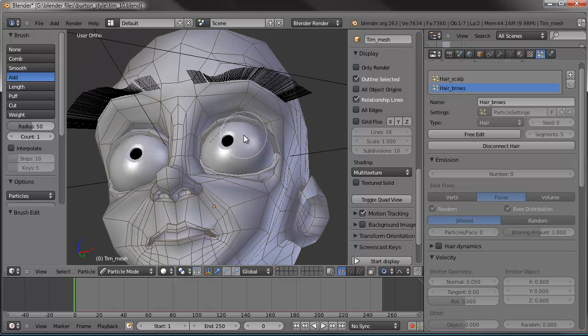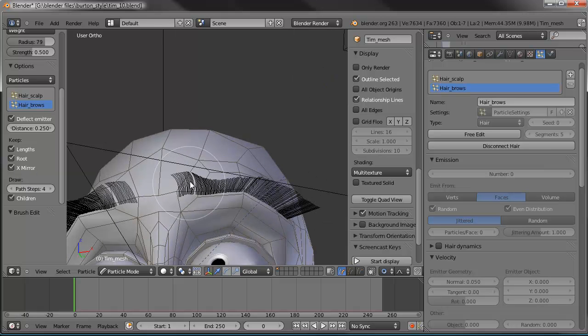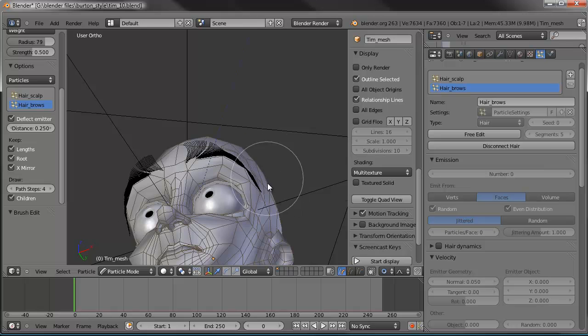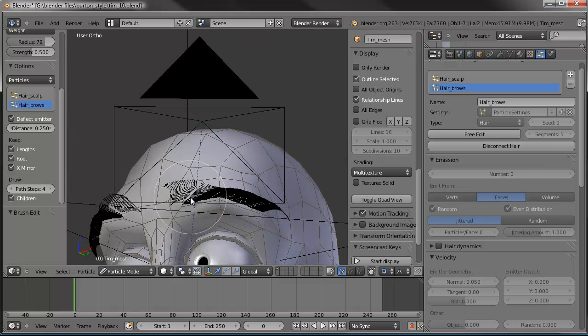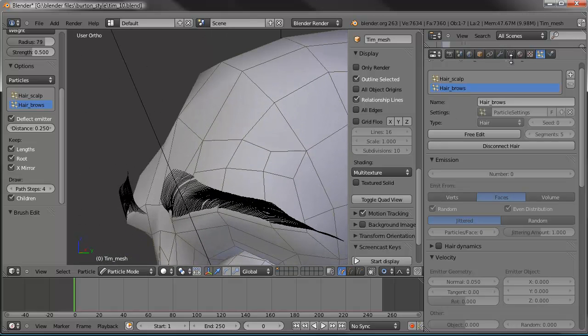And there we go. Okay, so now let's get the comb tool. And since X-Mirror is still turned on, what we comb on this side will automatically be reflected onto that side, so that'll save us a little bit of work. So let's just go ahead and get this combed up to be kind of the general shape of an eyebrow. I guess we can come in and turn the